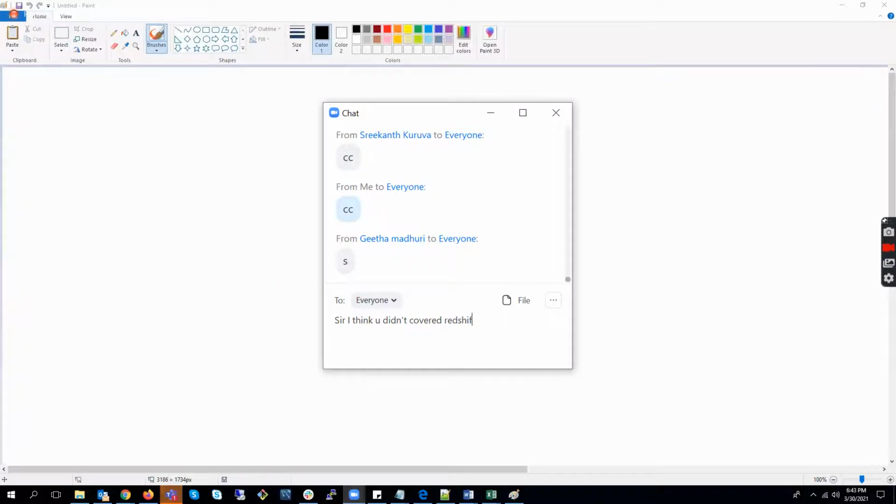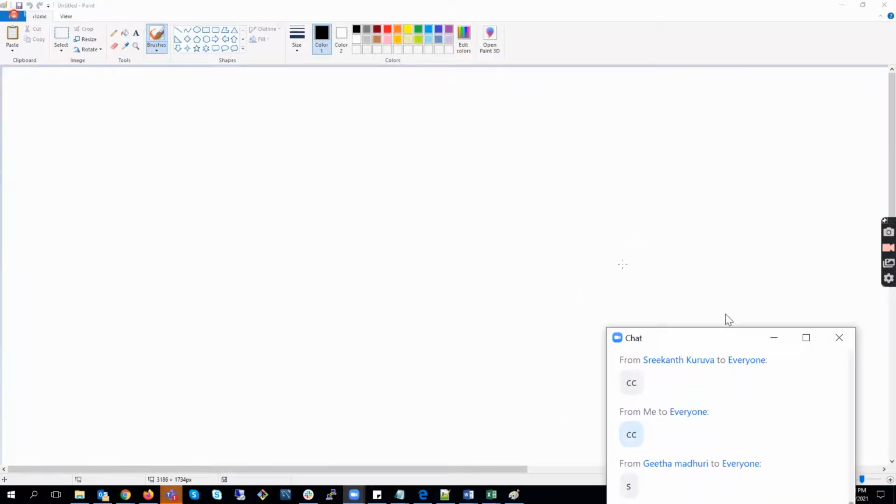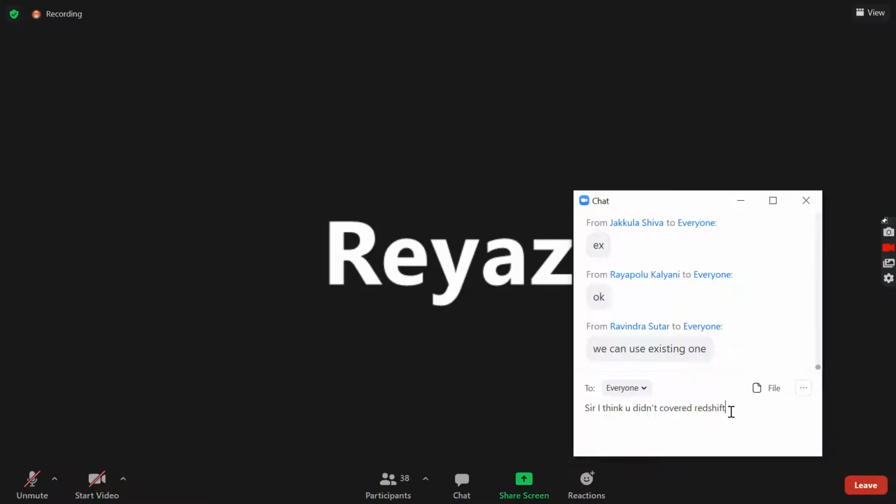Guys, is it okay if I use the already existing paint, or should I draw the entire architecture? We can concentrate more on practical, whichever you say, draw or use. Is that okay? That's so nice of you. Thank you for that.